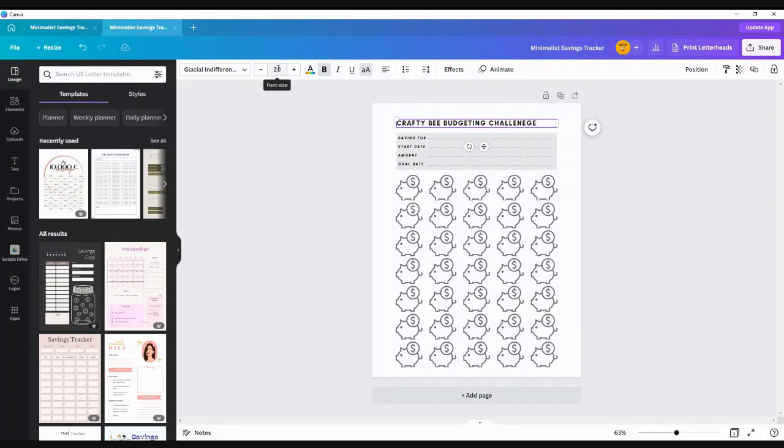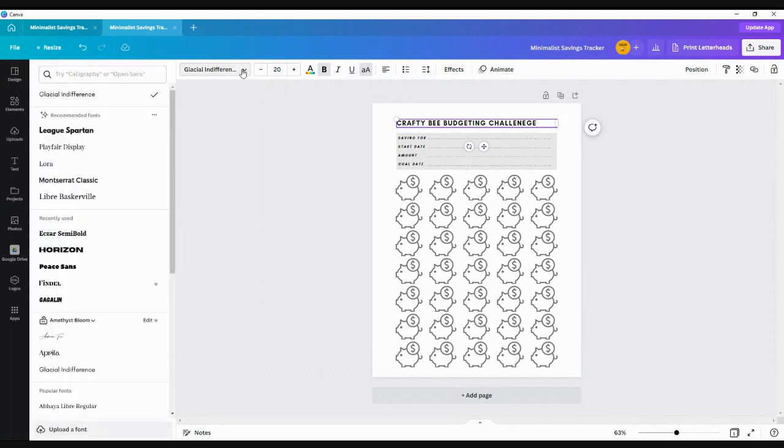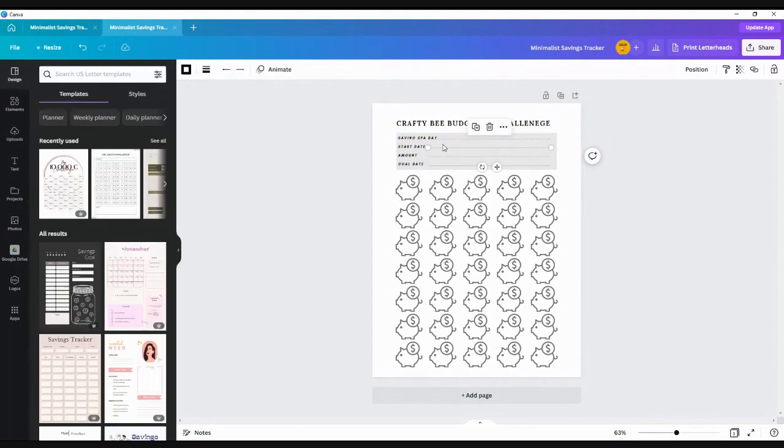See, just edit the font size. And also, if I want to change the font, I can change the font to whatever, like that right there. And when it goes for this right here, you can also change this savings for, let's say, savings for spa day. And let's say I wanted to change the information on here